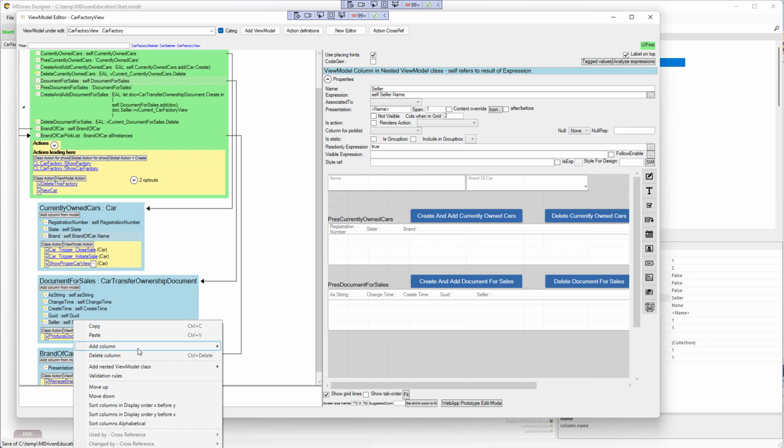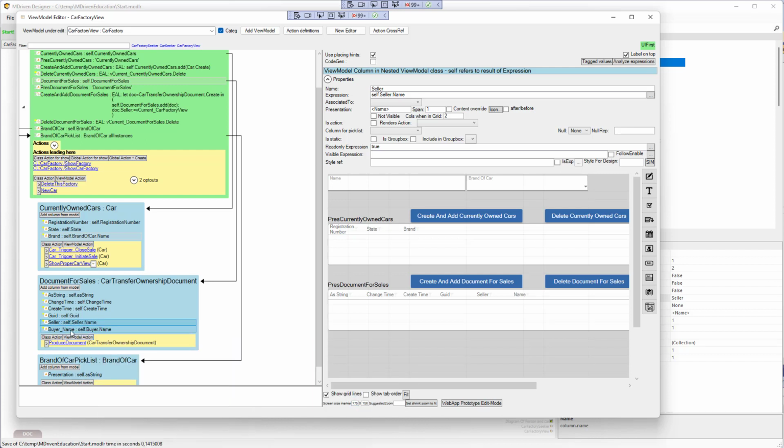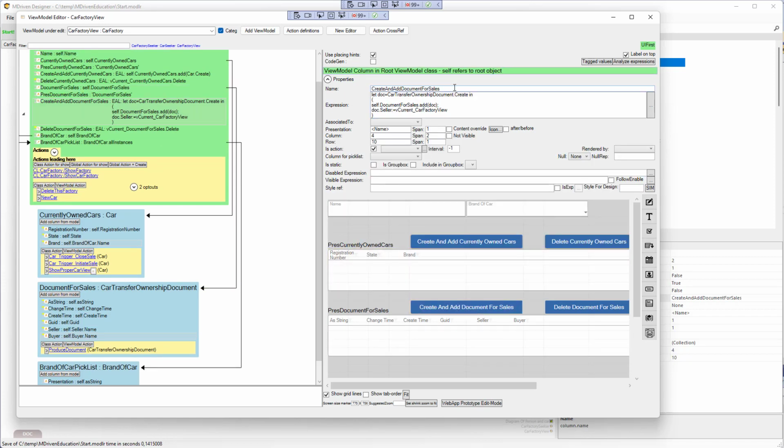I can also add the buyer to show the buyer name, and same thing here. I'm going to remove the underscore name to make this display buyer. So whenever I do a car, you can call this prepare save. Yeah, so